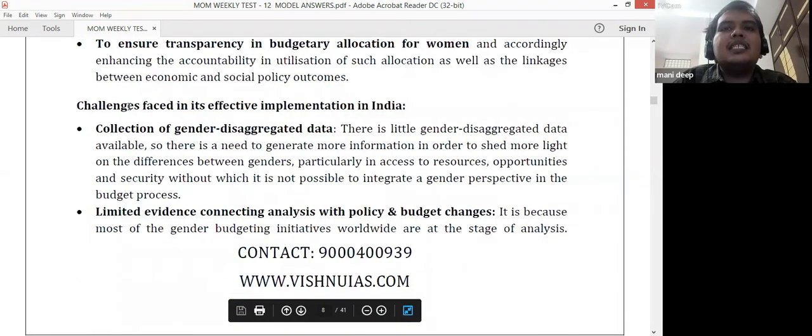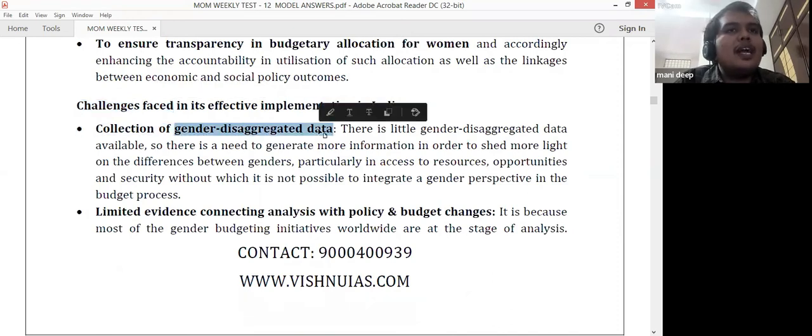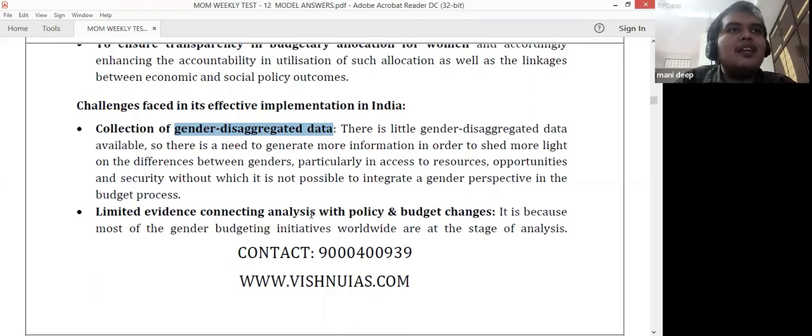Then the next thing is about what are the challenges. First, the challenge, as we have discussed, there is no data in India regarding every small aspect which the district administration should focus upon, collect, and enumerate to Parliament. Second, there is some opposition regarding there being no evidence. Even if you have gender budgeting, that is not enumerating or getting into the positive sphere. So there is one more issue that is there.